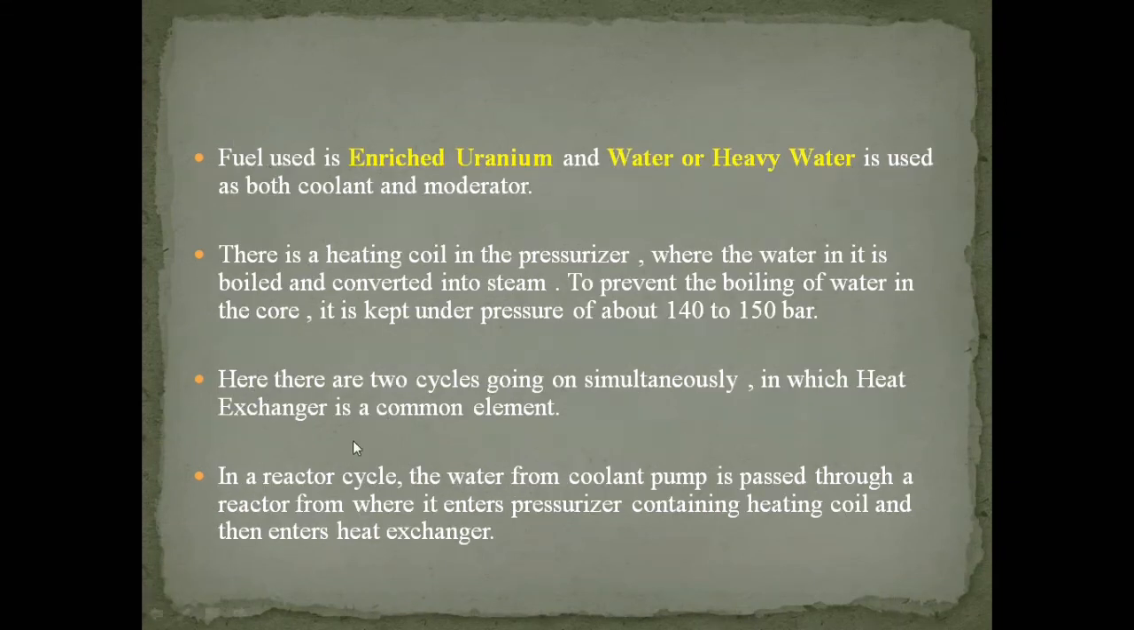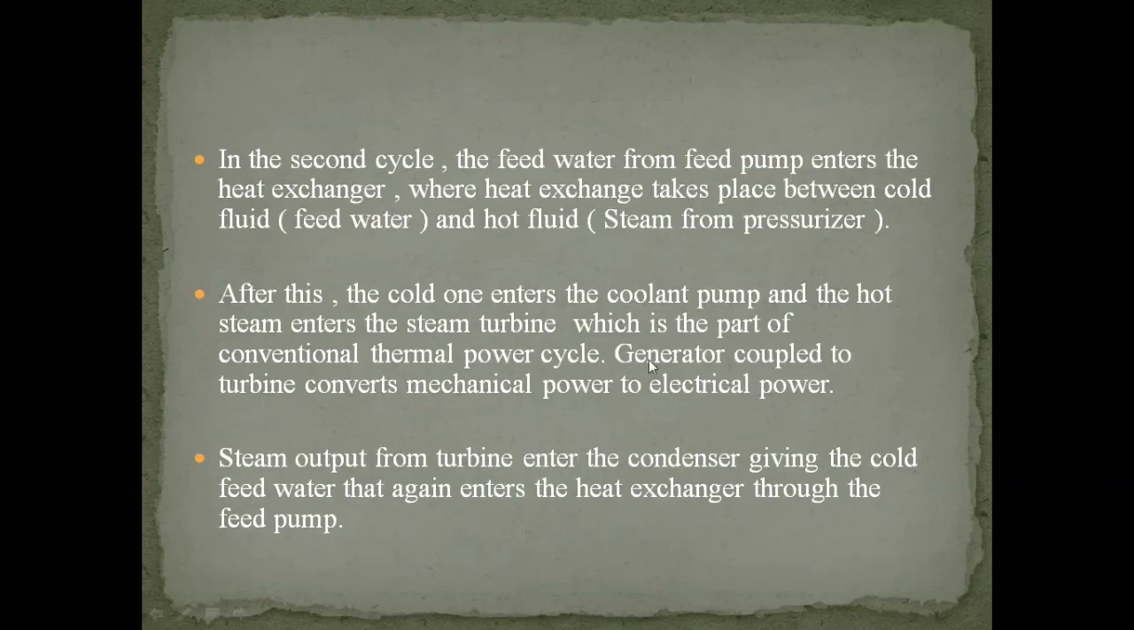here there are two cycles operating simultaneously. In the reactor cycle, the water from the pump is passed through the reactor and enters the pressurizer, and heat exchange takes place between the coolant and the hot steam. So the coolant becomes cold after the heat exchange process. The cold one enters the coolant pump, and the hot steam enters the turbine. It is a part of the conventional steam or thermal power cycle. Okay,